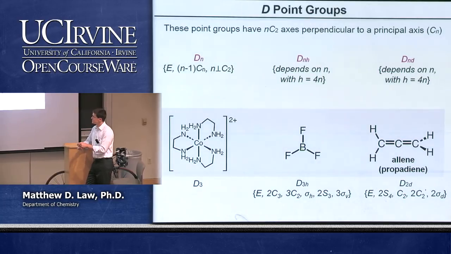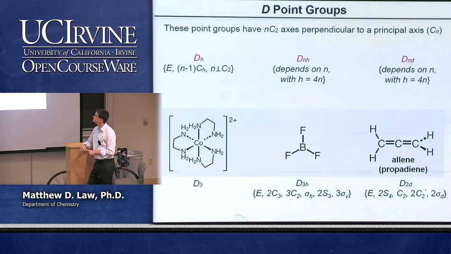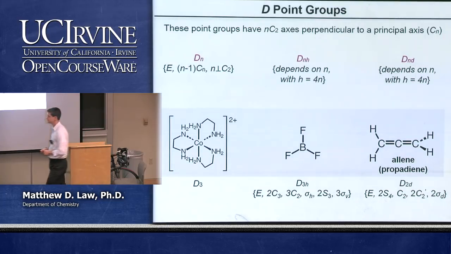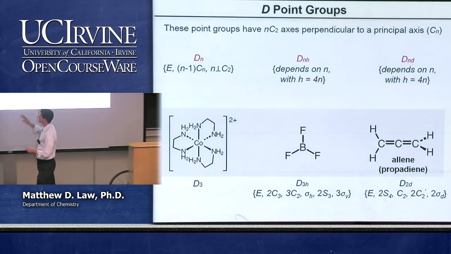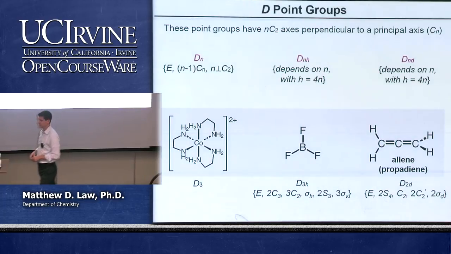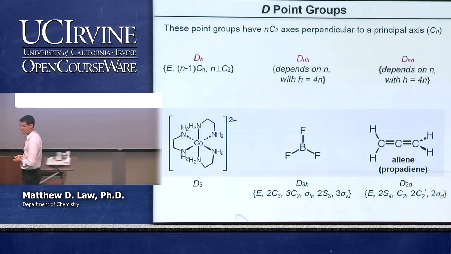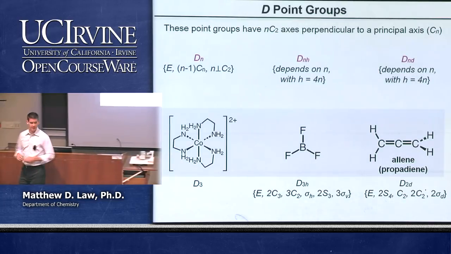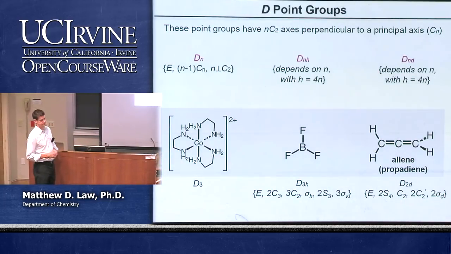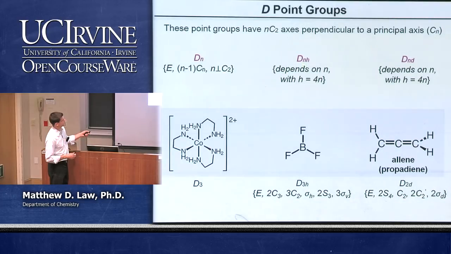This molecule here has a C3. It has a perpendicular mirror plane. It has 3 perpendicular C2 axes in those 3 directions there. It has vertical mirror planes, like there. This is a so-called D3h point group. And this is the full list of symmetry operations that correspond to this particular D3h point group. So the differentiation between the Dn and the Dnh is that we have a horizontal mirror plane and a bunch of other mirror planes popping up as a result. Okay? And then finally, we have the Dnd. Again, the order is the same as it is for the Dnh.